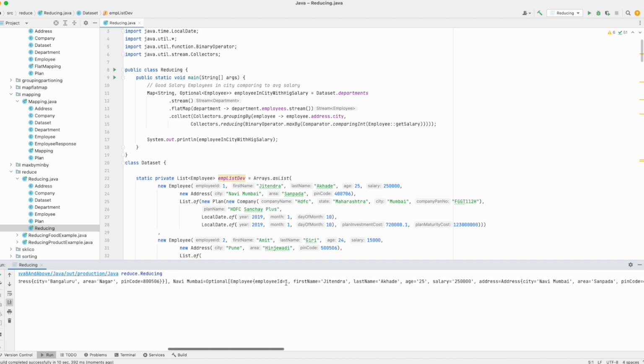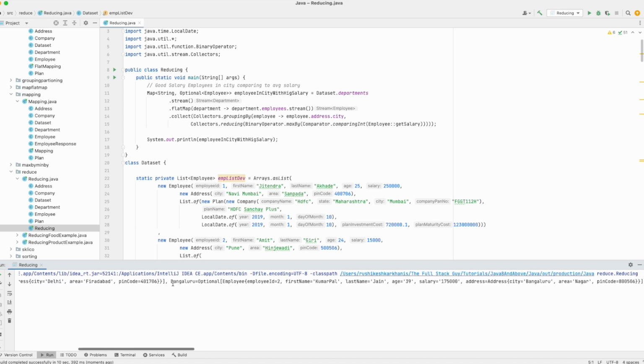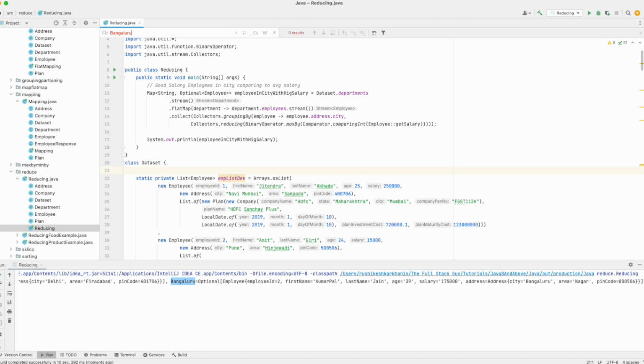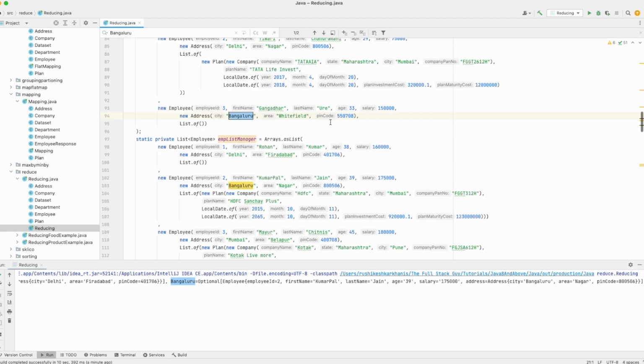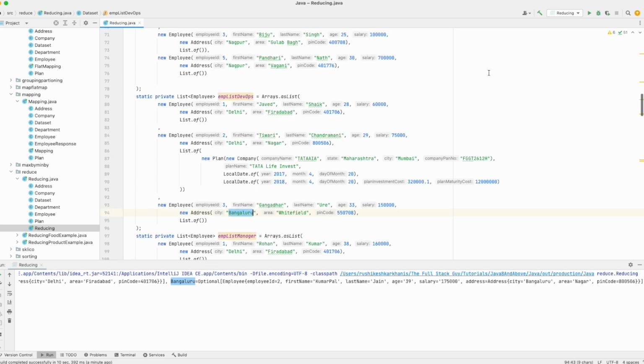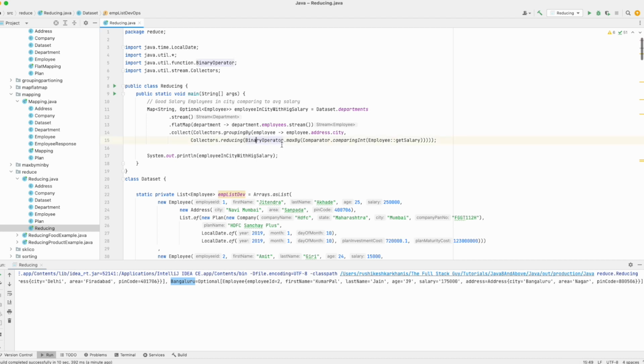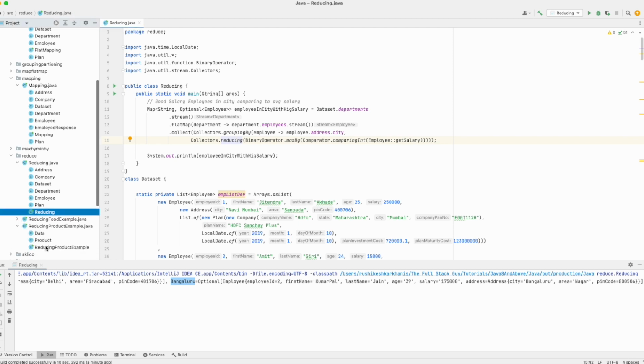If we want to validate one, let's take Bangalore, for example, and paste it here. So Bangalore, what is the salary of this Gangadhar? 150 and 175, and how are we getting Kumar? 150, validated, perfectly fine. Now see, here we are passing BinaryOperator.maxBy, but in our previous example in product,